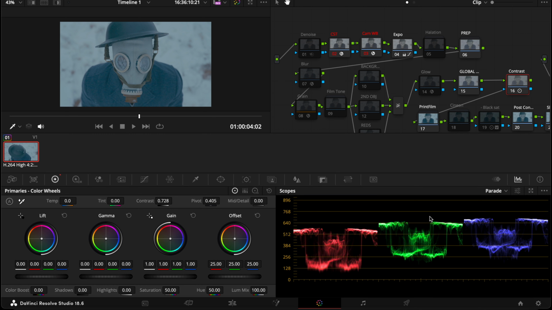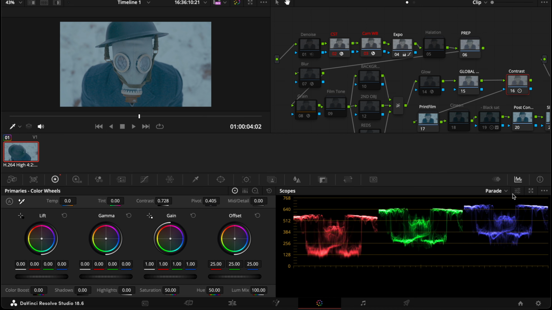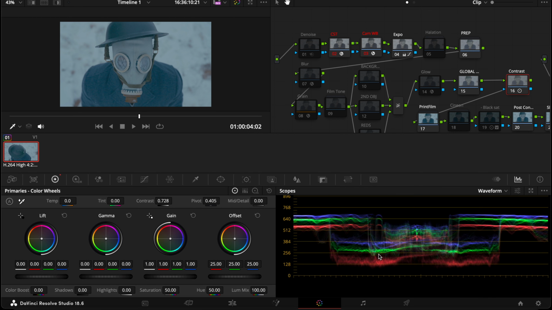What I like to do is look at this curve right here, and you want to bring your blacks just above 0, and then for the highlights, usually around 768. Some people will push it to 896, but it depends on the look that you're trying to go for. You can also go to your waveform and see what is going on with the highlights. Right now there's nothing crazy going on in the highlights, just because we've lowered the contrast. But if you increase it,